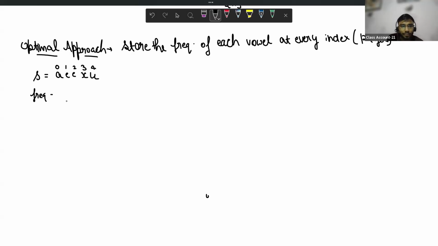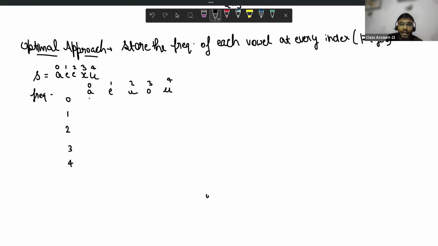At each index I need to store the frequency of each and every vowel: A, E, I, O, U. Can I associate indexes with these vowels? This is 0, this is 1, this is 2, this is 3, this is 4. I can associate some indexes with every vowel.